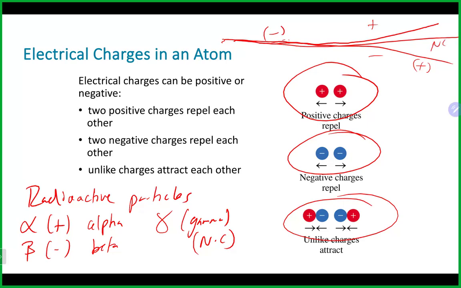They also used a magnetic field, which has a north pole and a south pole, and works very similarly in terms of bending things with charges. So these types of particles were used a lot to explore the nature of the atom. By taking advantage of that electrostatic attraction, they could explore things like electrons, protons, and neutrons. And I think we're going to leave it right there and talk